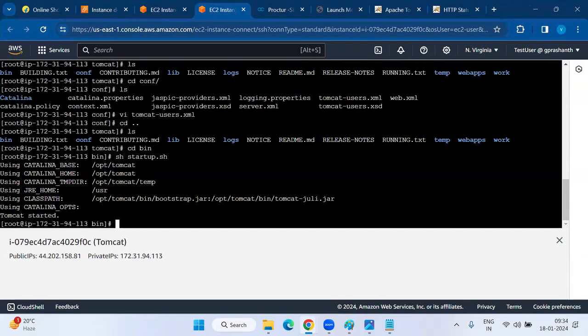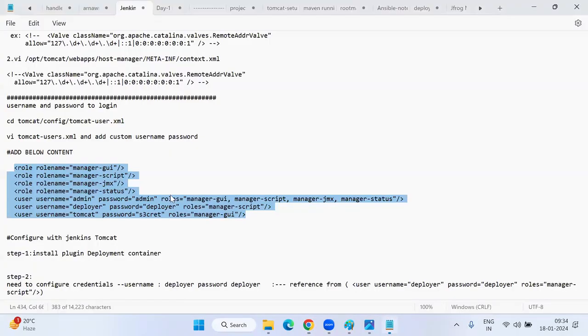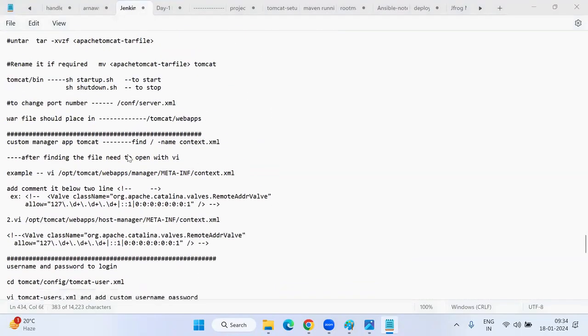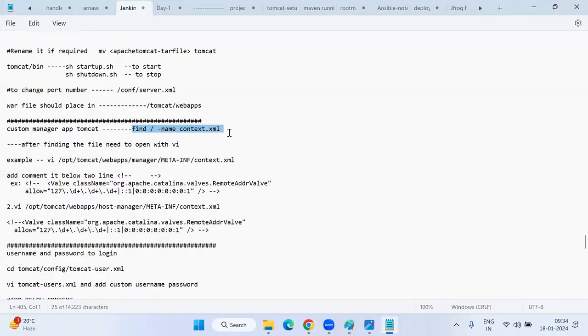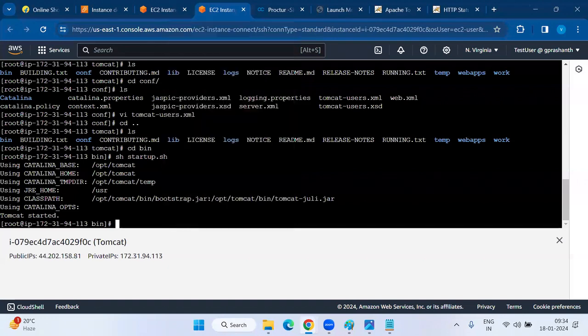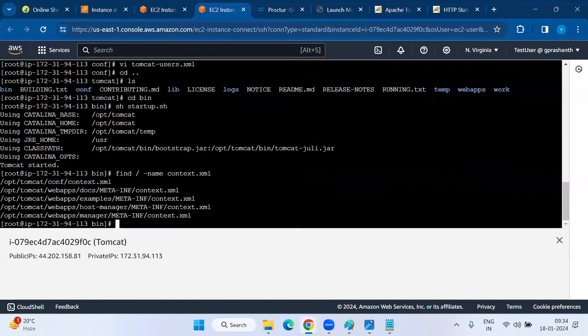Okay, one by one I need to check then. find / -name context.xml, copy, paste it. Okay, so vi